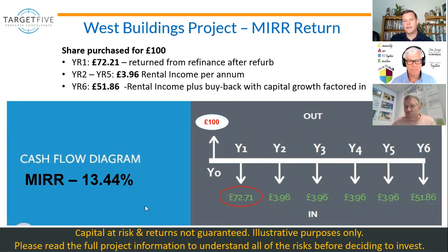So take us through step by step. We've used £100 here because that's the minimum entry level, which effectively buys a share. That could be a multiple of whatever someone wants to invest. But just talk us briefly through that journey. So an investor gives you the £100 at the start of the project. Explain from there, please. Okay, and obviously the money comes through